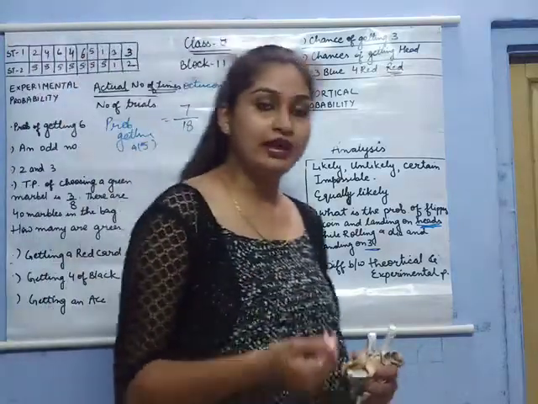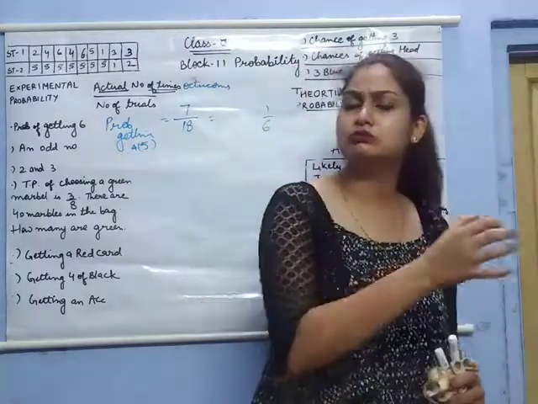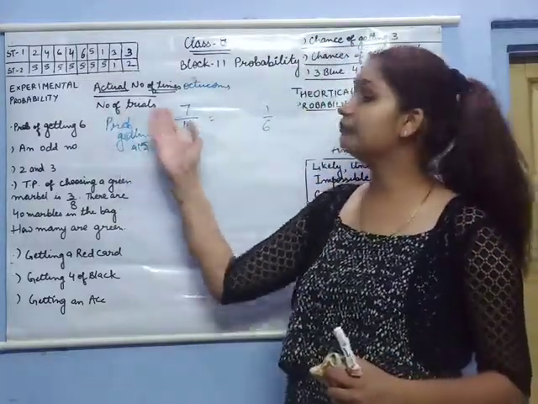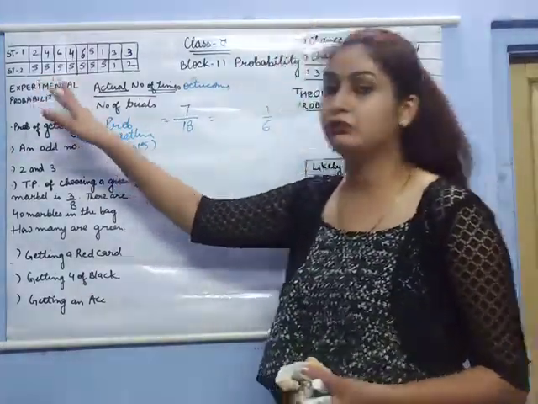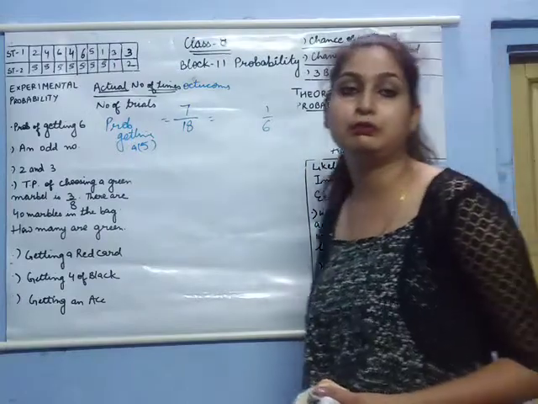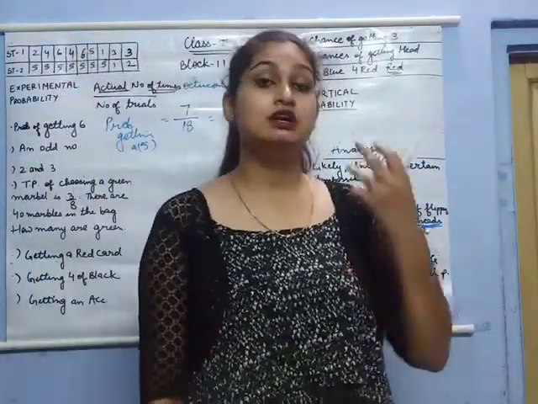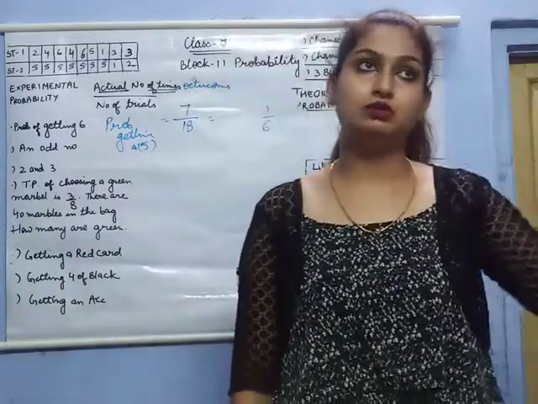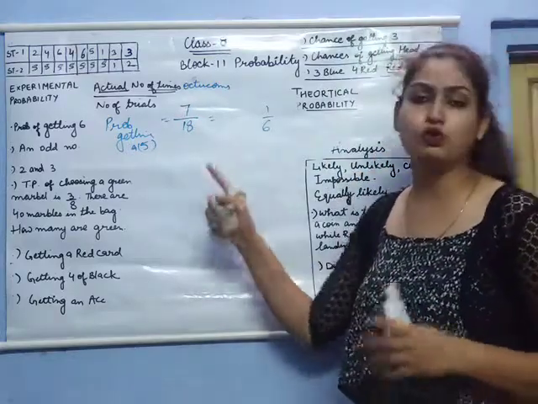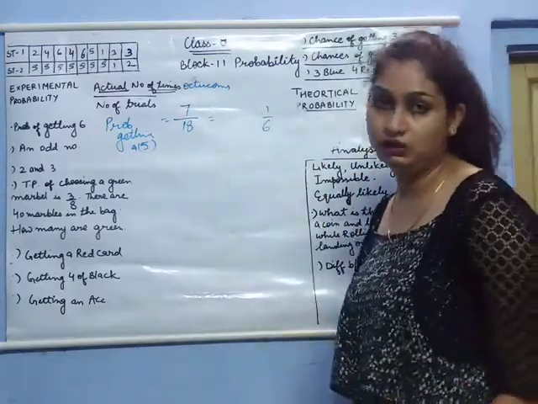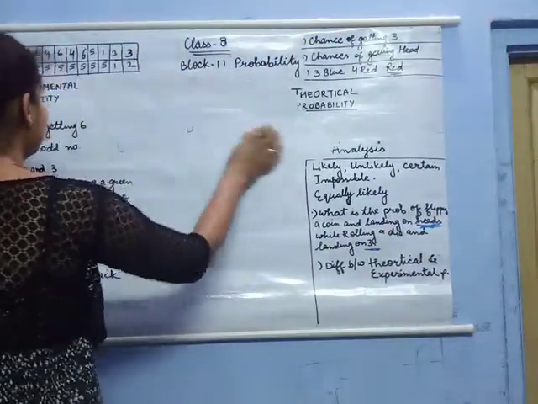But I should tell you, if you throw the dice 1,000 times or 10,000 times, as you go on increasing the number of trials, experimental probability converges to the theoretical probability. The only condition is the number of trials should be extended to thousands, 2,000s and 3,000s like this. Then you will get almost the same results as the theoretical probability, right? Now there are a few questions which we need to discuss today.